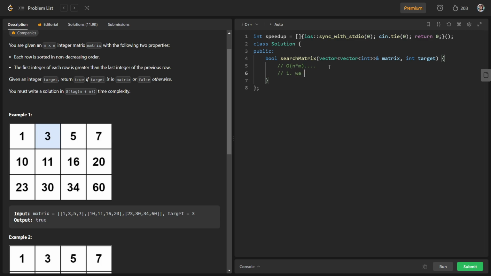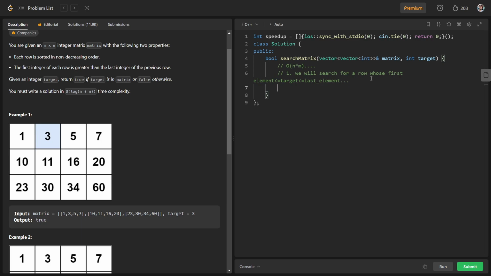So I am going to write here what we will do first. We will search for a row whose first element is less than or equal to the target and the target should be less than or equal to its last element. This we will do first. Using binary search we will find such a row.